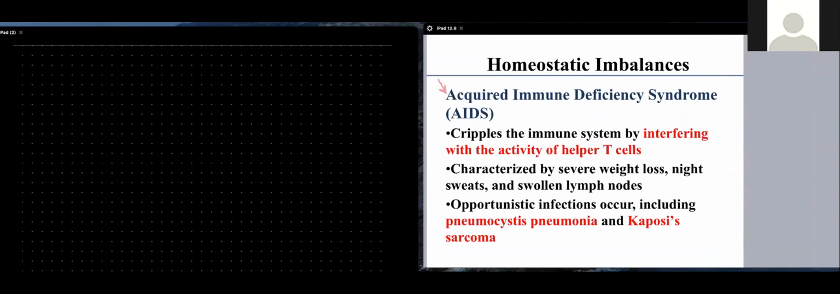The immunodeficiency that we are discussing today is going to be the acquired immunodeficiency syndrome, or AIDS, and this results from interference with the activity of the helper T cells. So helper T cells, if you remember, were supposed to activate